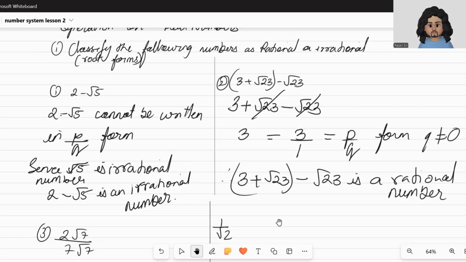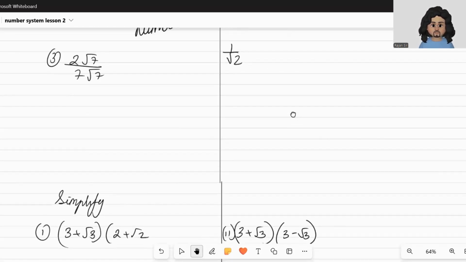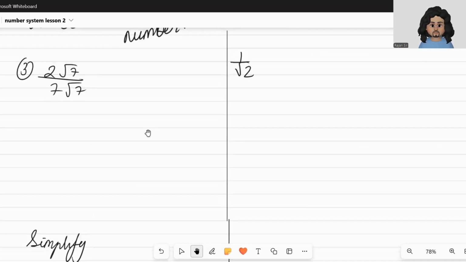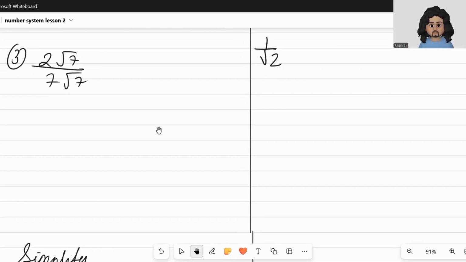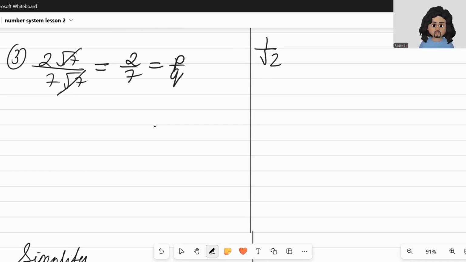Okay. Let's go to the next one. This part. Okay, so in this case, you can see 2 root 7 upon 7 root 7. So you can cancel this. Yes, you can cancel the same root numbers and you can also subtract the same root number with the same number. So we have 2 by 7. Now 2 by 7 is of the form p by q, where both 2 and 7 belong to integers, and q is not equal to 0. Therefore, you can say it is a rational